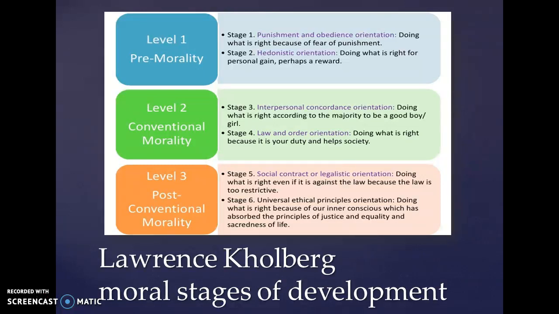And of course, the final stage, post-conventional morality, stage 5, speaks to social contract and legalistic orientation, and it is doing what is right, even if it is against the law, because the law is too restrictive. So there's a lot of waves about the persecution of persons who now perform abortions in particular states in the United States. And they keep bringing up different scenarios like, what if you become pregnant as a result of rape? So for persons who are at that stage, they would not say that the person is wrong for having an abortion, even though it is illegal, because of the circumstances. So even though you know the law, you believe that it's too restrictive and you disagree with it, so you do what you want to do, to a certain extent.